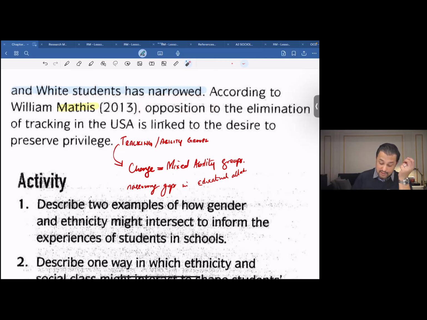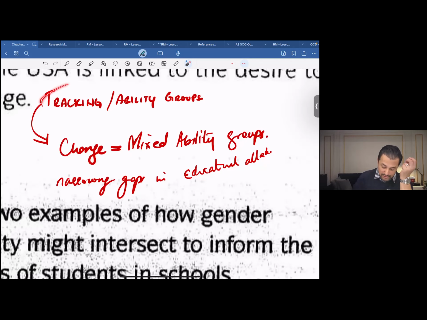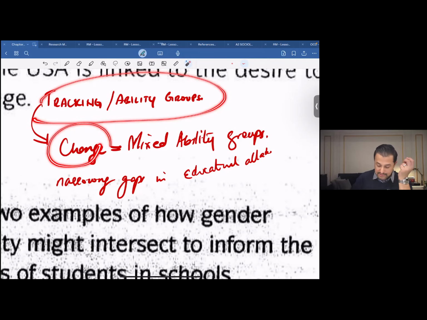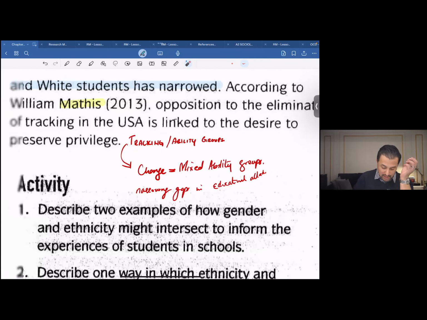So according to Mathis, opposition to the elimination of tracking in the US is linked to the desire to preserve privilege. In other words, if you think changing ability groups into mixed ability groups works, and even in that case you still want to stick to ability grouping, that means you are among the people who wish to preserve